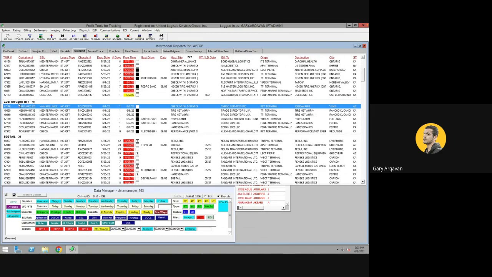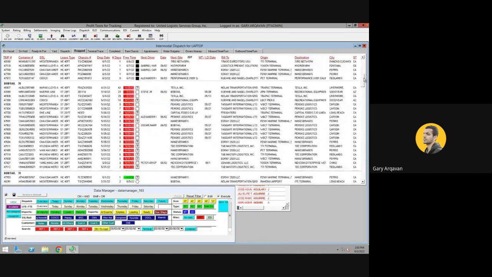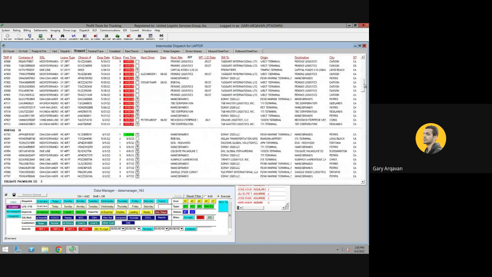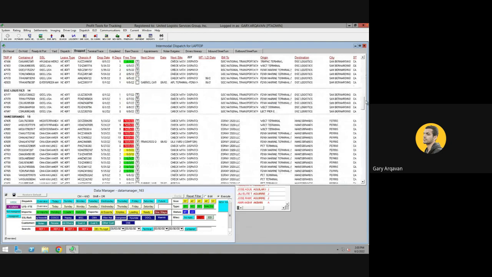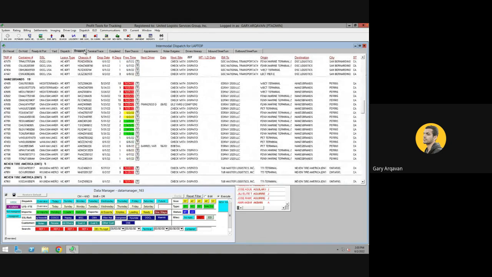So Avalon Yard is one of our own yards that we are storing the containers temporarily before taking them to customer warehouse or taking them back to terminal. And just by scrolling down, you will see the different names of different locations that the containers are dropped. This tab is also very important